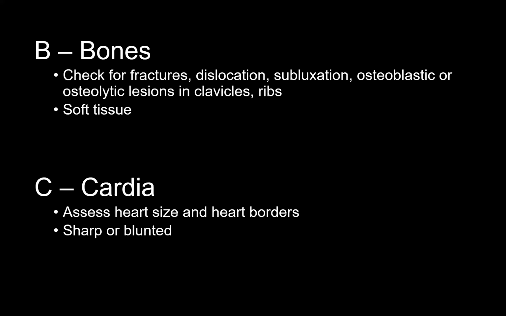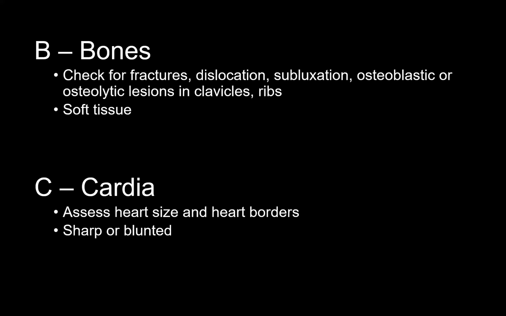B stands for bones, and you would check for fractures, dislocations, subluxations, or any form of lesion in the visualized bones. So the clavicles, the scapulae, and sometimes even the ribs and the vertebral bodies. In the same breath, look at the soft tissue overlying these structures, and you might get some important information from